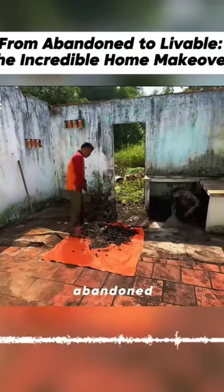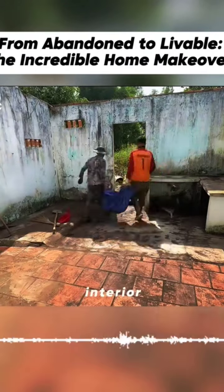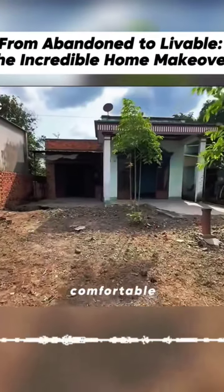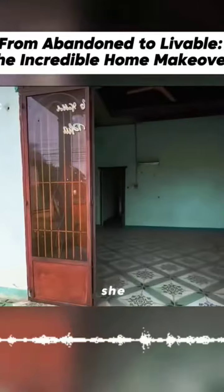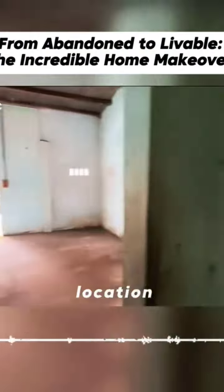The previously abandoned house was now ready to live in. The yard was small, but the interior space was wide and comfortable. For $800, she had really scored a deal, and the house was right on a main road, making the location